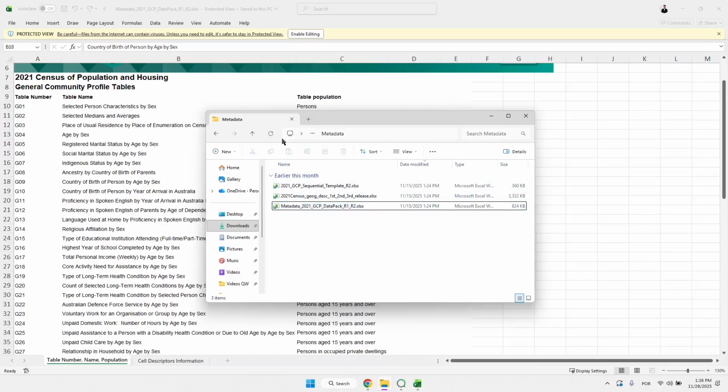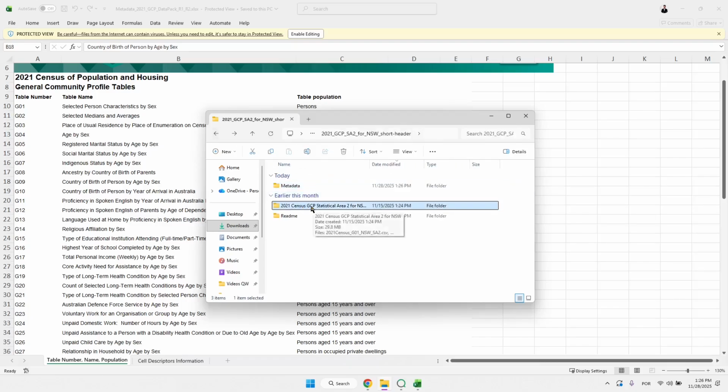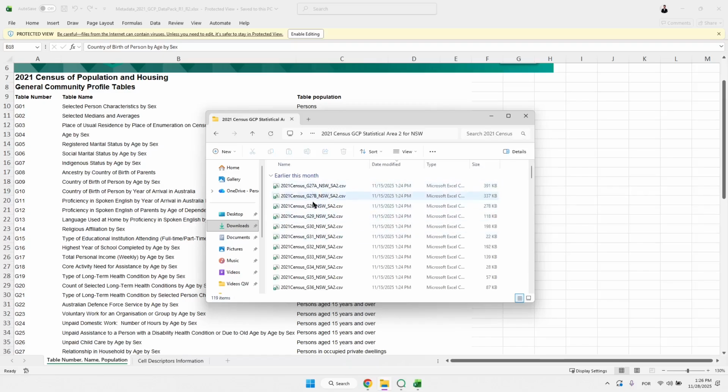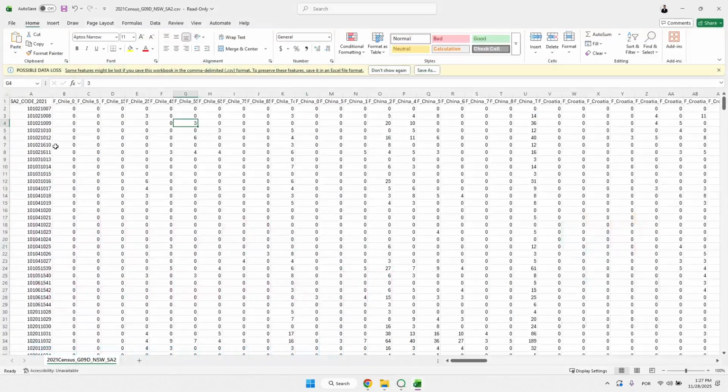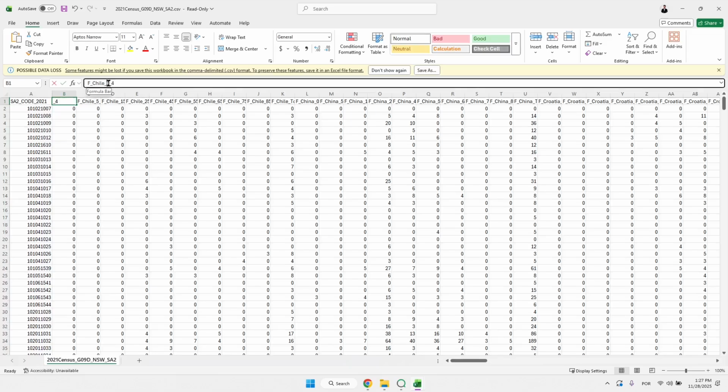And the data itself is here in this census GCP. And here we have all these tables, but the G9 we had to treat somehow and with some things in Qlik because it's all split in different files. So we have here from A to H. All these files are basically the same thing, but since we have a lot of countries, they are all split into columns. The format of each one of these tables is like this. We have the SA code, SA2 code, and the columns are a combination of gender, country, and age group.